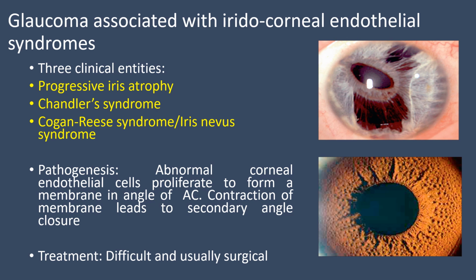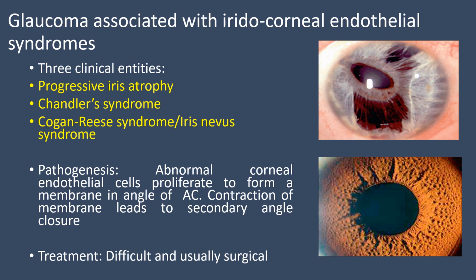Glaucoma can also be associated with iridocorneal endothelial syndromes. There can be three clinical entities. Progressive iris atrophy, which is associated with corectopia, iris thinning, and polycoria. Chandler's syndrome, which is the most common entity out of the three, which is associated with corneal edema. And Cogan-Reese syndrome or iris nevus syndrome, in which there are tan pedunculated nodules over the iris and